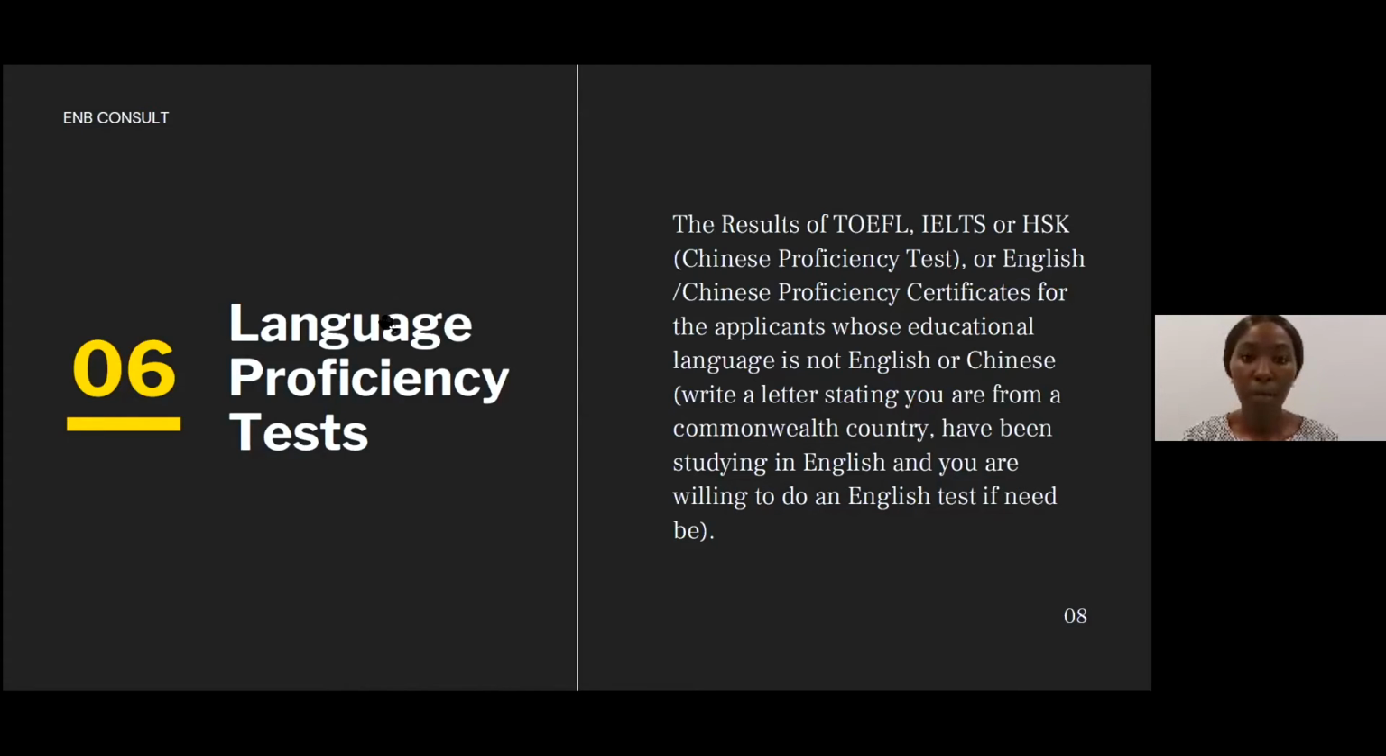Now, we are very lucky that we are a Commonwealth country, and we've been studying in English for primary, secondary school, and university. Therefore, you can write a letter and state that you have been studying in English and you're willing to do an examination on arrival. However, if you want to study abroad in any other country, for example, when I wanted